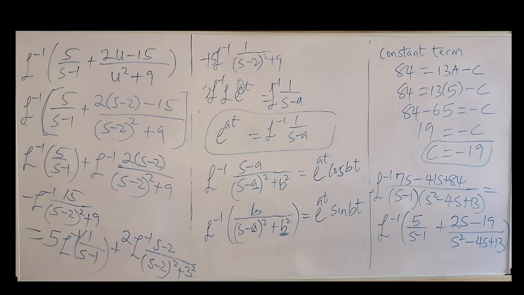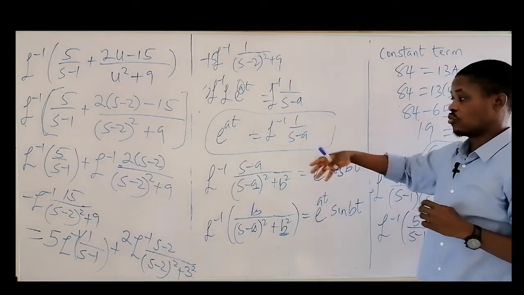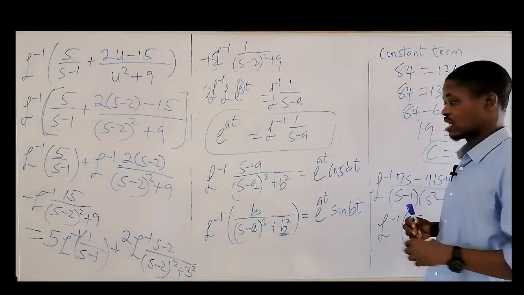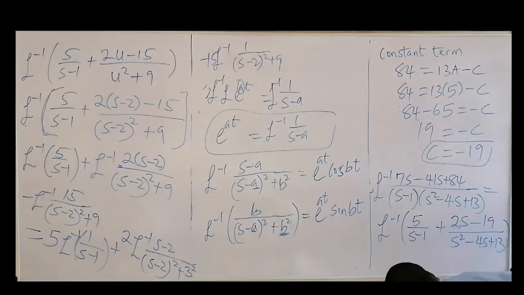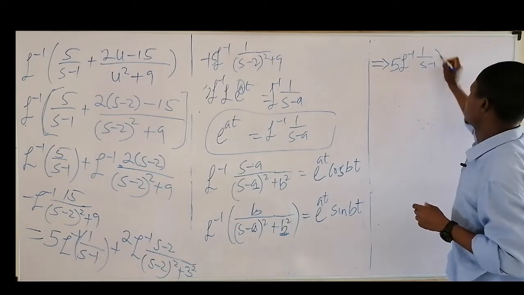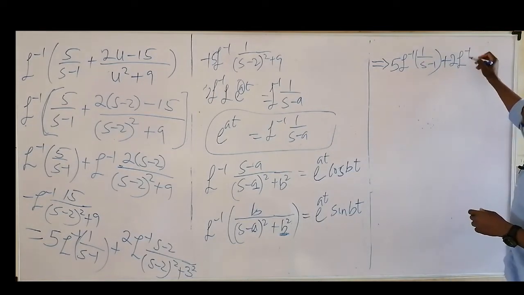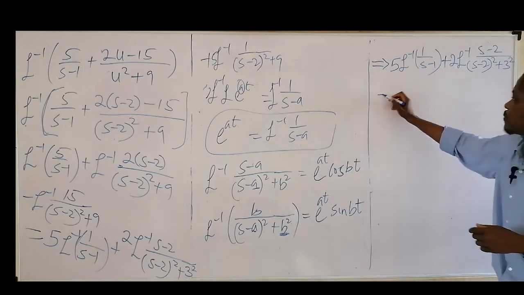So I've taken us back to memory lane, taking us to the table. And I will put in the description the link to one or two videos on this aspect, so that you can see more in-depth explanations and more examples on these segments. So we have 5 inverse Laplace of 1 over x minus 1, then followed by plus 2 inverse Laplace of (x minus 2) over (x minus 2) squared plus 3 squared,